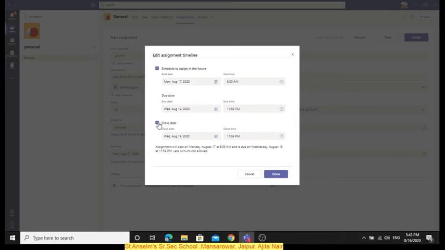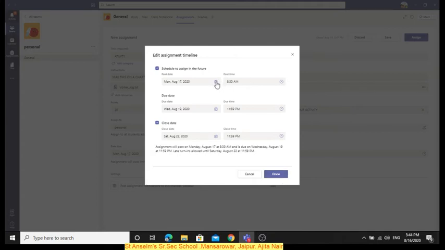But if you really want to be strict with the children, that 19 is the last date, then make sure of it. Okay, 19. If you want, after the due date I have also given 1 week late, so you can change this date. But 90% of the time we keep the due date and close date the same, so that we don't entertain late coming. If you give this time, we are entertaining latecomers. Although I know teachers have to entertain it, it's still your choice. So I have given this.